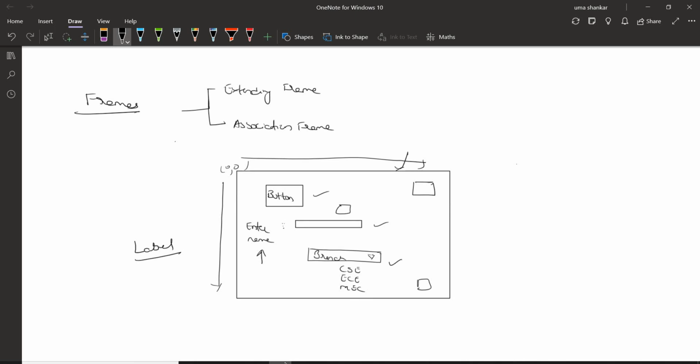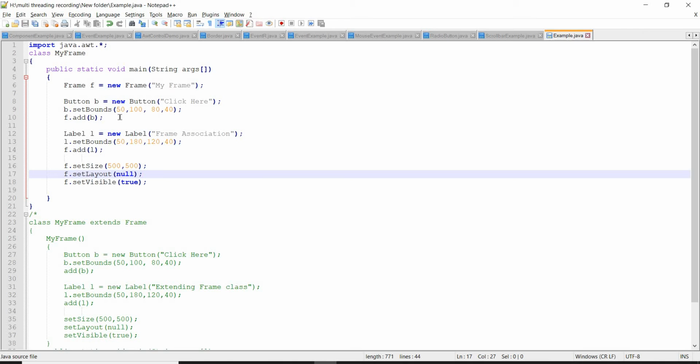We can specify the location of a component over the frame using the method called setBounds. Here the first argument represents the x position, the second argument represents the y coordinate, where the button should start, and then the width and height of this button. We have specified the location of this button, b.setBounds.